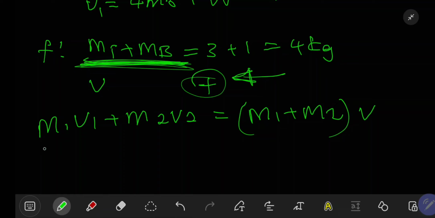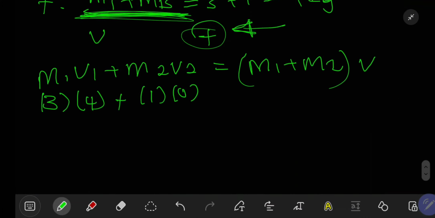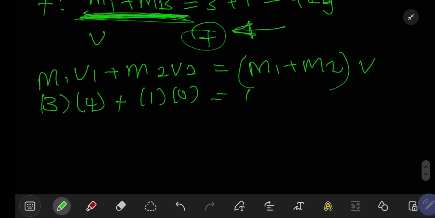Then we have the mass of the trolley, which was 3 kg, multiplied by positive 4, plus 1 kg times 0 according to our information here, which equals 3 plus 1, multiplied by the velocity there. Here you will have 0, and then when you multiply, 3 times 4 gives you 12,